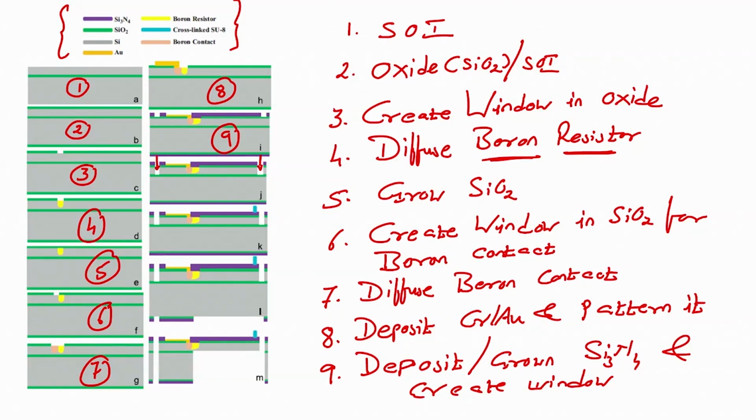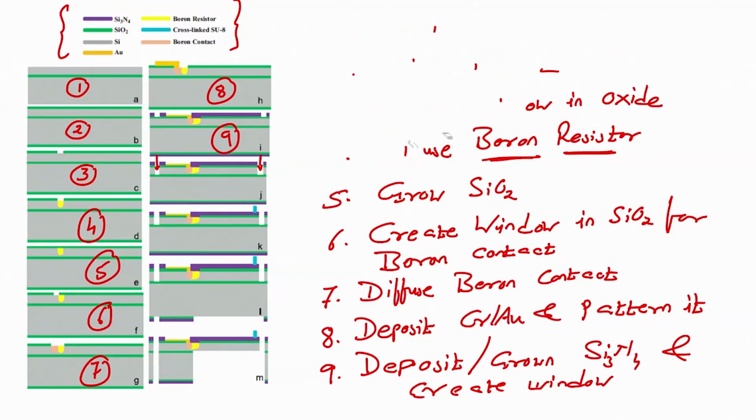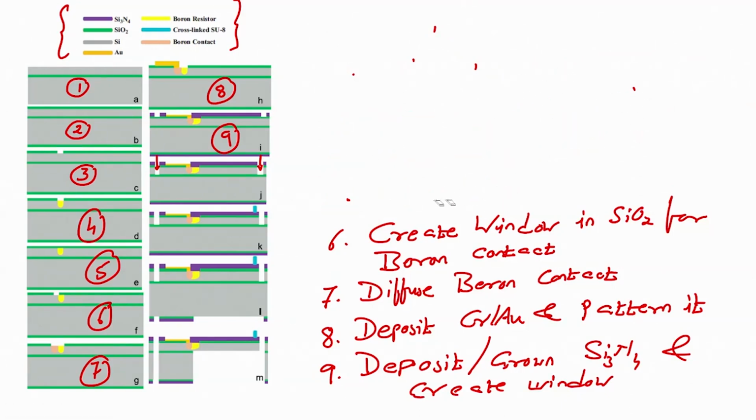So, 10th step. I am just rubbing down the first 4 or 5 steps. So, what is my 10th step? 10th step is etch. Can you see? Okay, let me go down so you can see clearly. Is it better? Okay. Etch silicon dioxide and silicon,